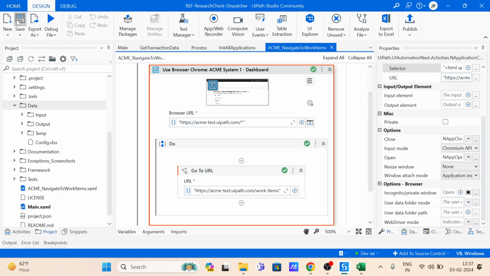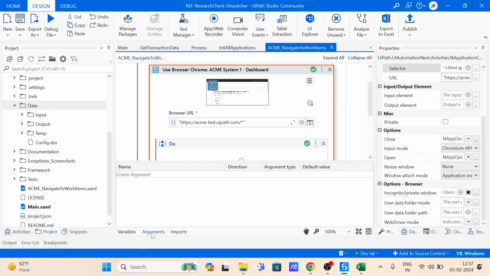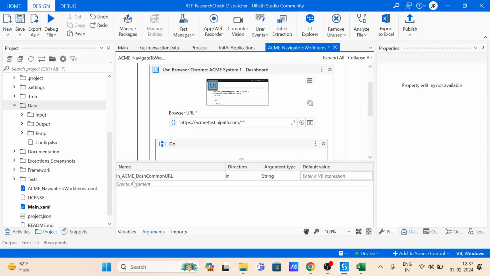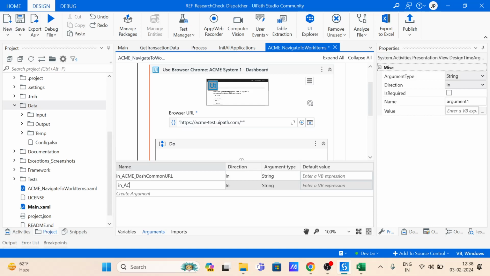So we can create two arguments, and the argument name will be in underscore, I can say acme common URL, or I can say acme dash common URL. Okay, this will be my in part,